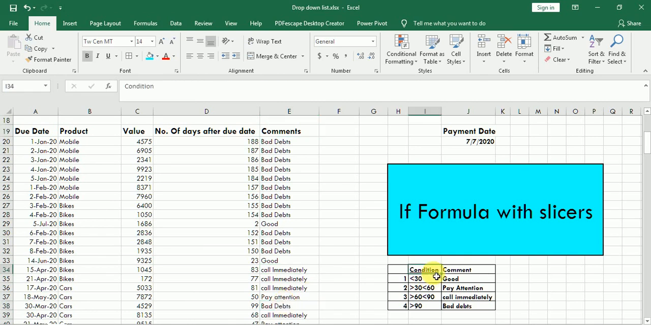This is the condition. If the number of days passed after the due date is within 30 days, comment it as good. If it has crossed 30 days but not 60 days, comment it as pay attention. If it has crossed 60 days but not 90 days, call immediately. And if it has crossed 90 days, comment it as bad debts. Alright, so